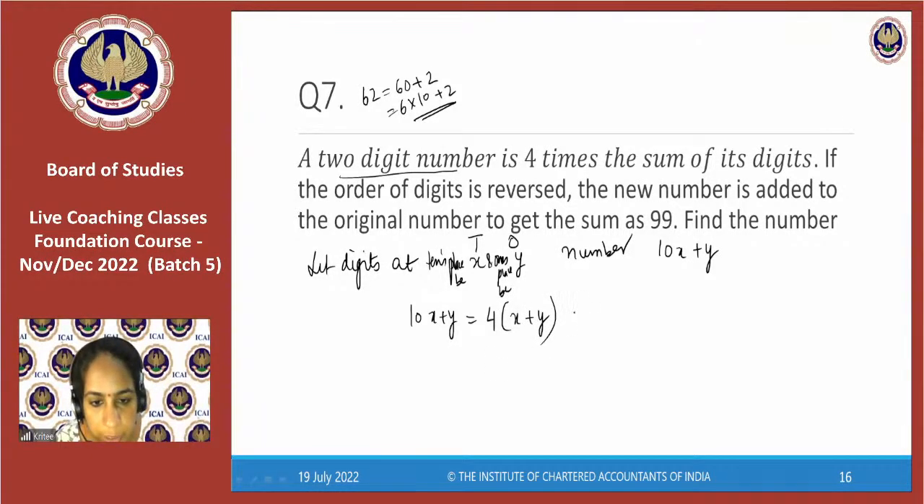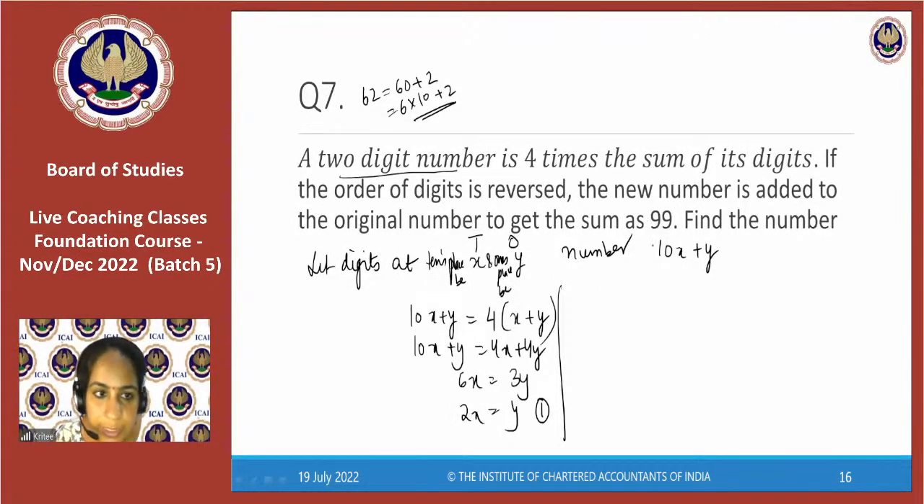Okay. So this is the first equation: 10x plus y is the same as 4x plus 4y. Taking everything on one side, this gives me 6x is equal to 3y, and y is equal to 2x as the first equation. Then it says if the order of the digits is reversed, like rather than writing 62, if I do 26, then tens goes here. So the reverse number would be